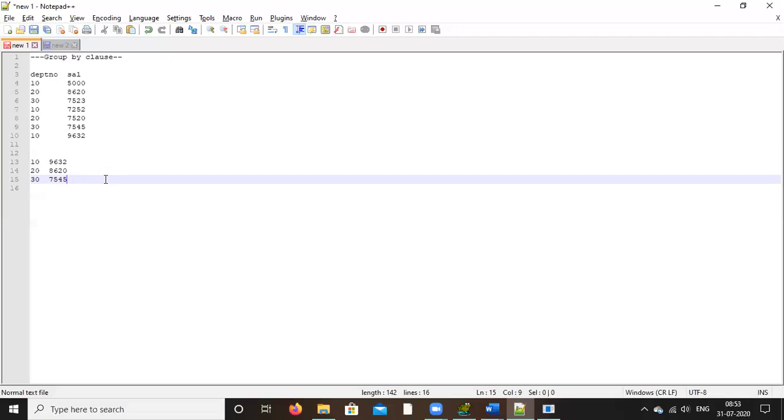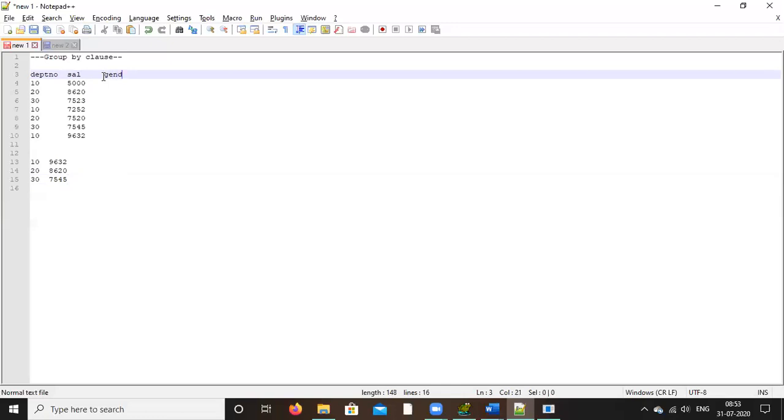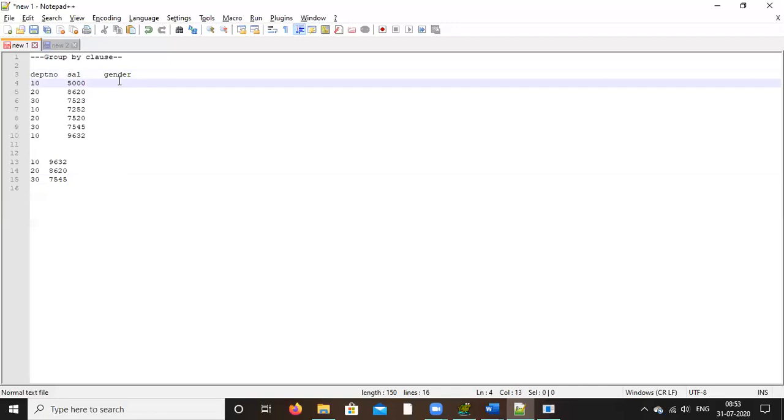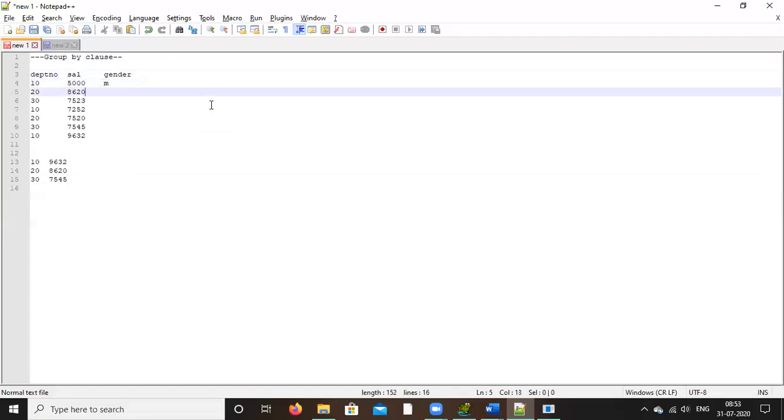Let's say I have another column. After salary there is a column called gender. One more tab, gender. Write some male, female, M or F, for each record.